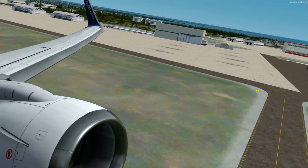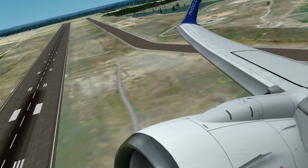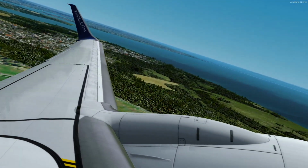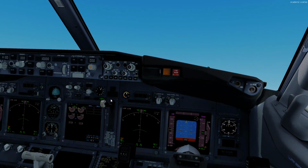Obviously there's no weather around, so the wings aren't bouncing that much, but if I just try and get them to bounce, there you go. Lovely. So that's a bit more features there on the wings. What I will show you, just on the flight deck, if we can just try, and what we'll do is